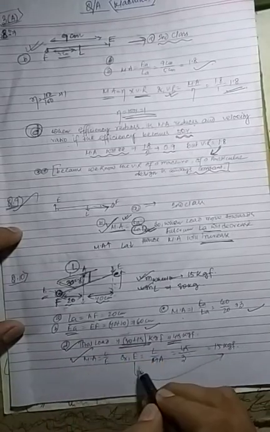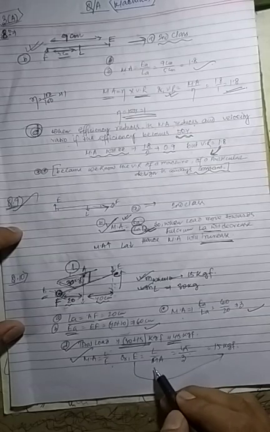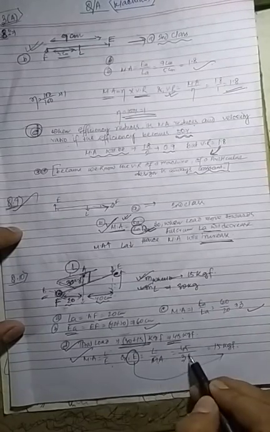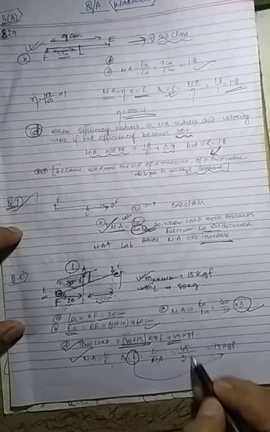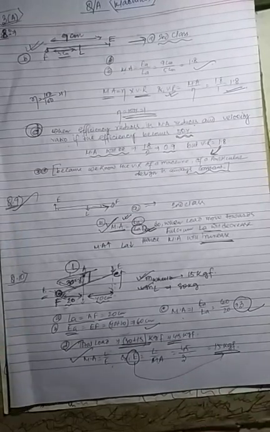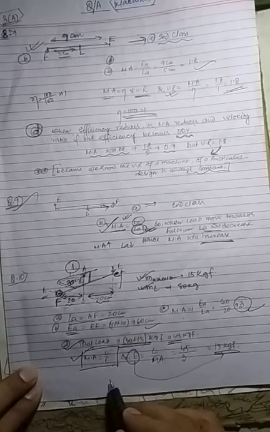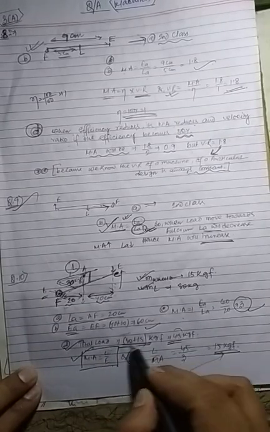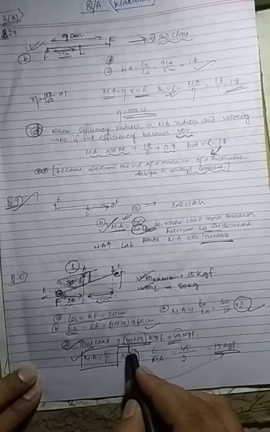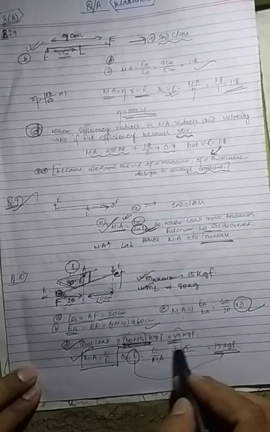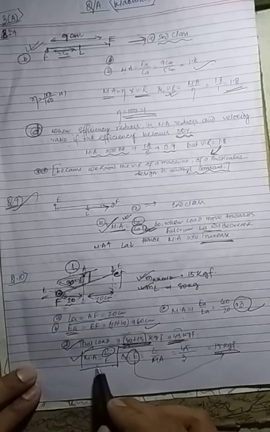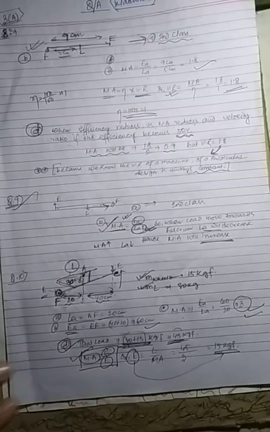Mechanical advantage will be load by effort. That means effort will be load by mechanical advantage. Mechanical advantage we already got. So the effort is equal to 15 kgf. By this formula we get the effort. Total load that time we need to carry is 30 plus 15, 45, and mechanical advantage we already have. Now we just calculate the effort. Question number D, students, check the book, then you will properly understand. These 3 questions are important, so I explained them here.